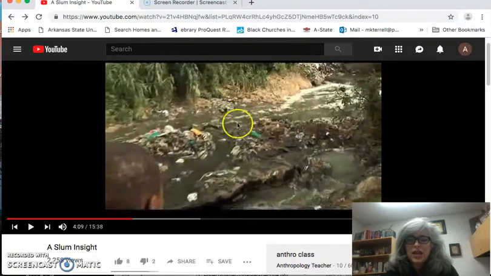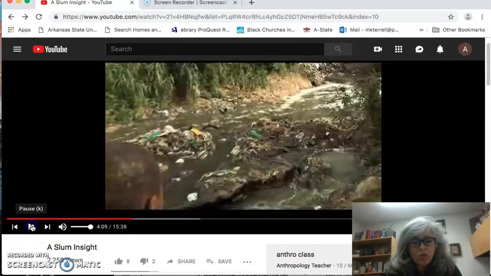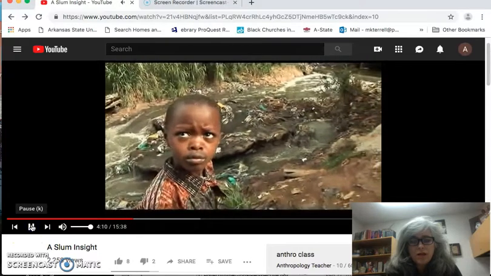And I wanted to pause it here because they have set up this slum right beside a water source, but look how dirty the water source is. This is where people do everything, like washing their clothes, washing themselves, defecating in this river. And where would your water source come from? For subsistence, you need potable water. This is not potable water. Let me play a little bit more, and let's talk about infrastructure.